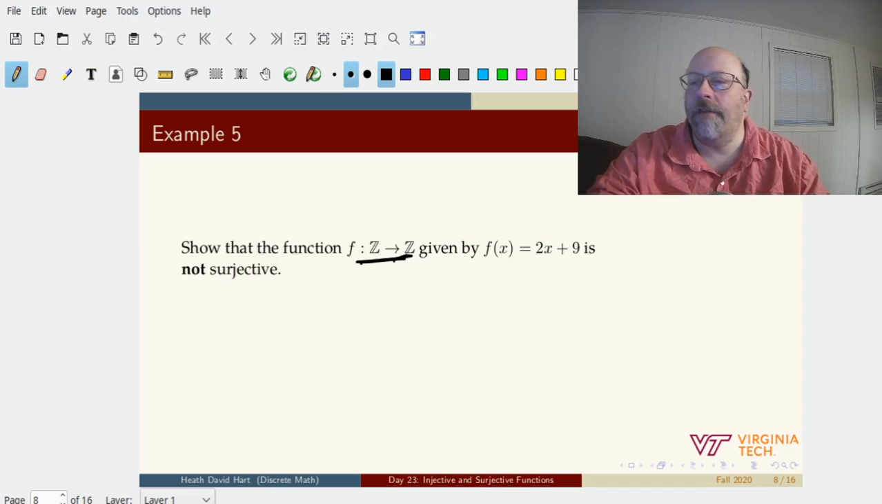But what if this is a function from the integers to the integers and not from the reals to the reals? Okay. This is not surjective because 2 times an integer will be even, and an even plus an odd integer will always be odd. And so if y is any even integer, say y equals 12,